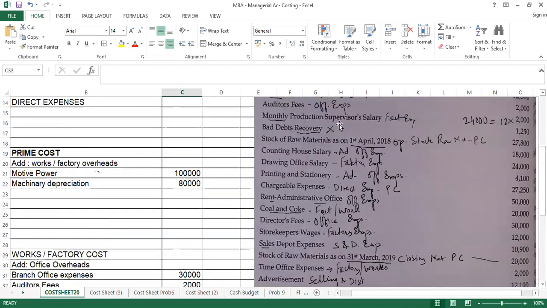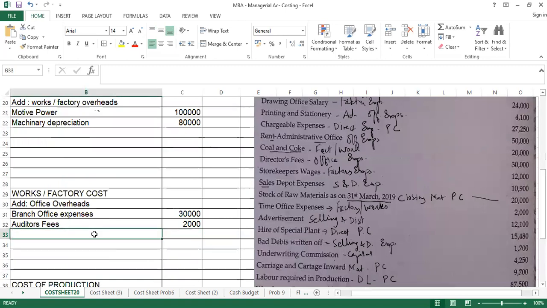monthly production supervisor salary. The production supervisor works in the factory. His salary is 24,000 for the year. So factory expenses for the supervisor salary, that is 24,000 yearly. Next, after this, then we have